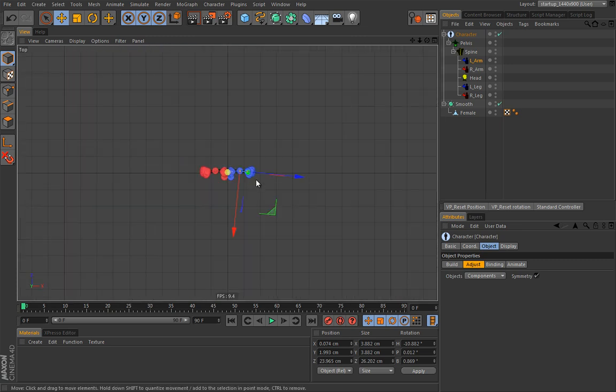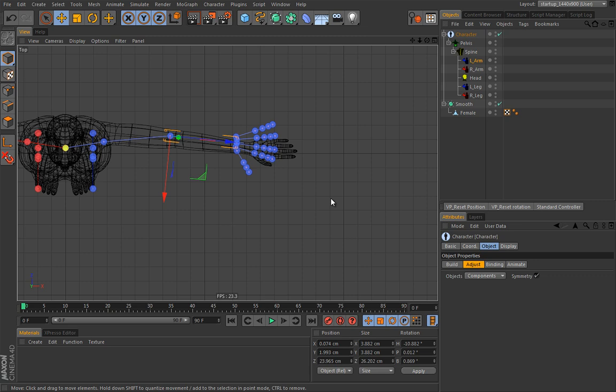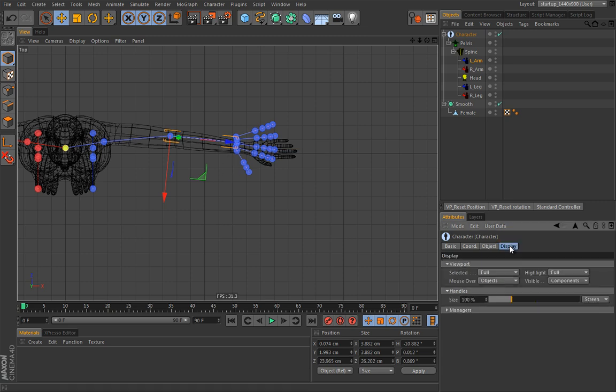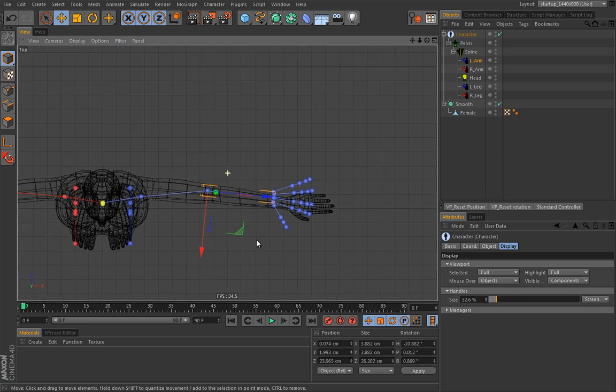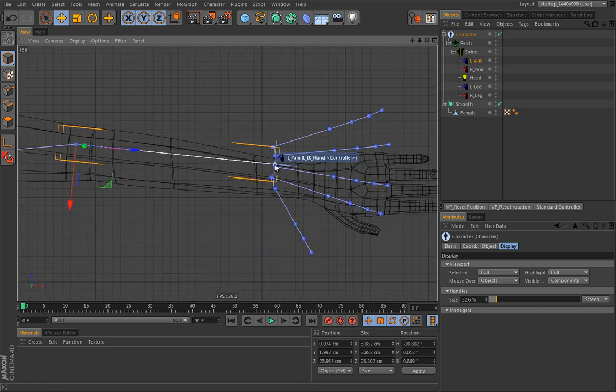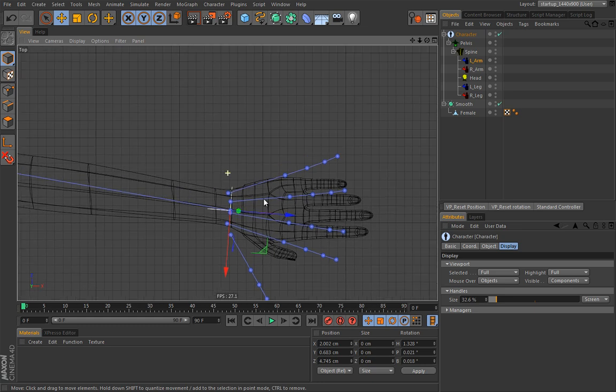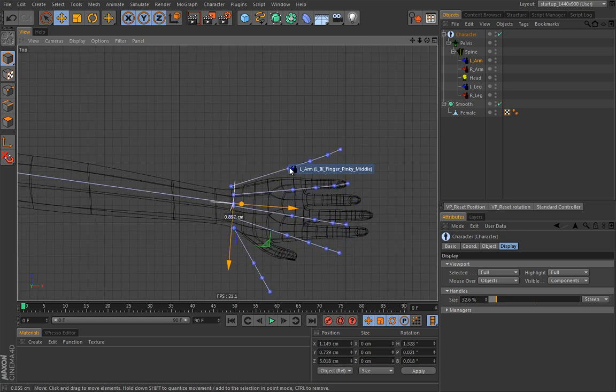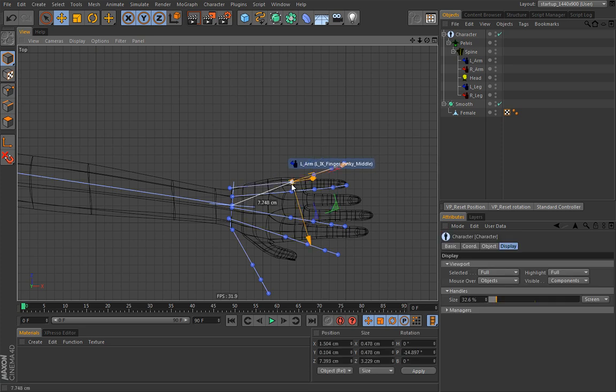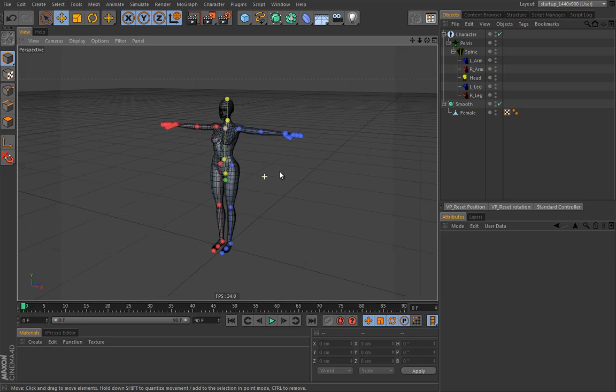So you would go probably to top view, and one thing that I want to tell you is that here under display you can adjust the size of these guys. So if they are too big or too small, simply adjust them here. So now you actually have to select logical parts and rearrange them as you see fit. So something like this, and this process is a little bit tedious. So let me just skip that part and we will continue just after that. And here we are. I just spared you of